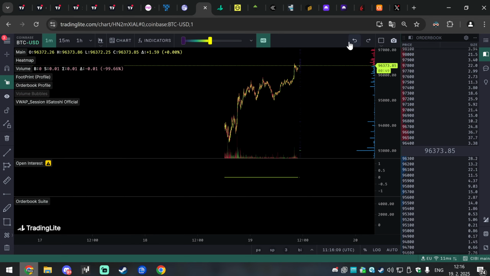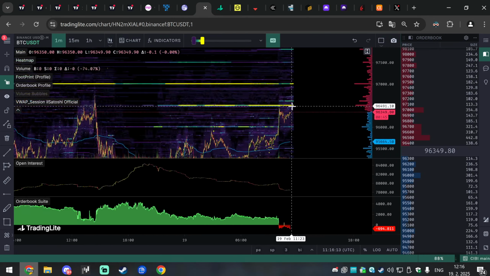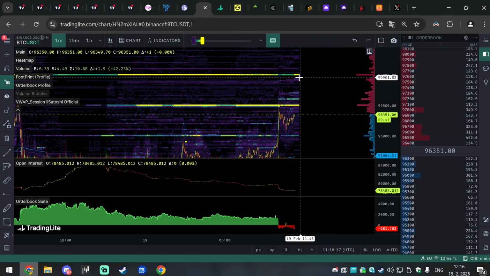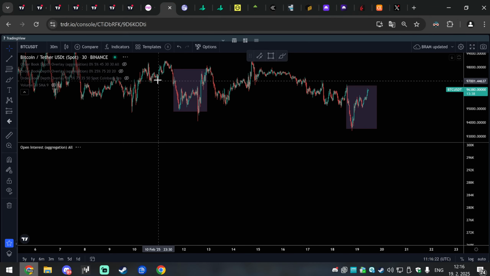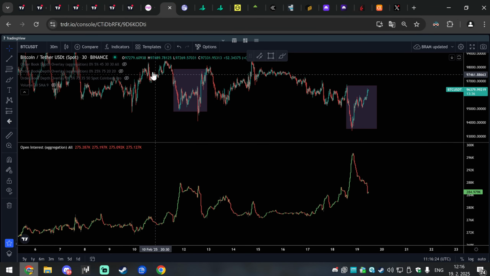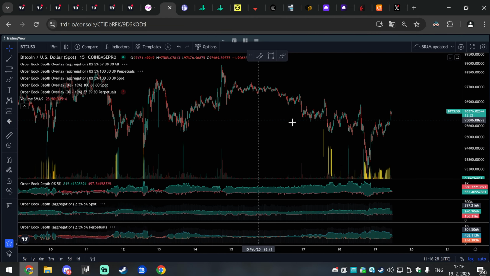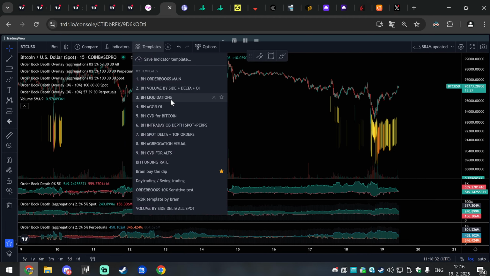Perpetuals, why did I move this? Perpetuals are, yeah, some walls are starting to show up as well here. It will need a pretty substantial one. It will need the New York volume to actually show us proper direction. So we can finalize the analysis with TRDR. I think, yeah, so this we discussed.